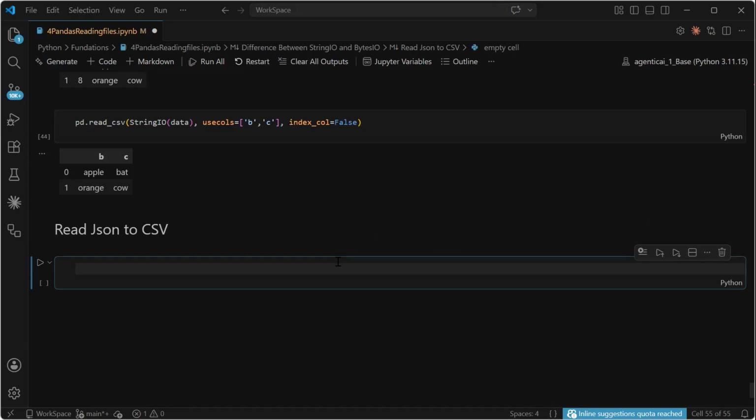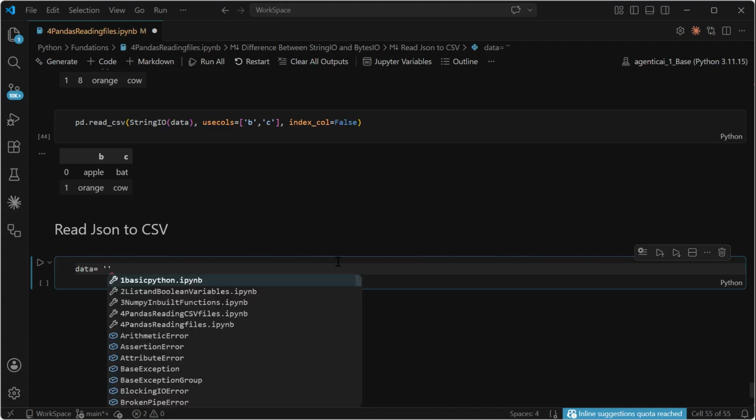So JSON means what exactly? The data should be key colon value pair. Key colon value pair. So the JSON data looks like this. I'm going to create a variable called data. In the data,